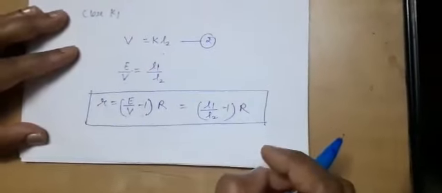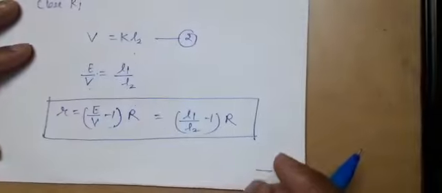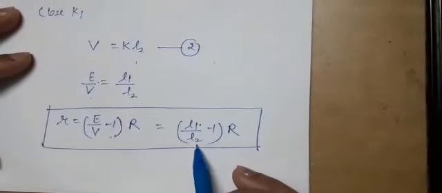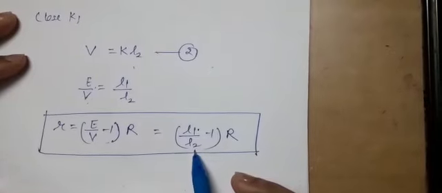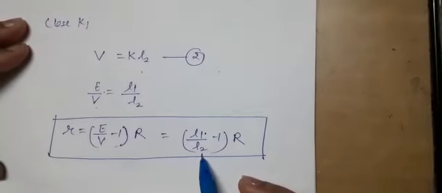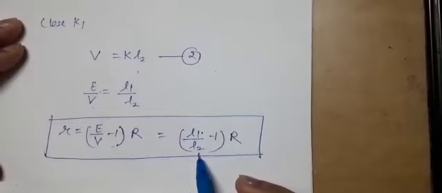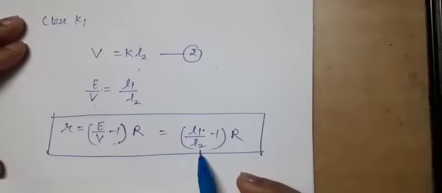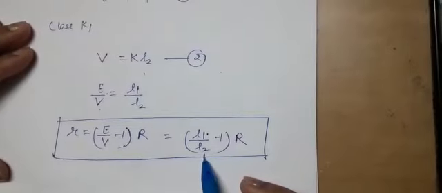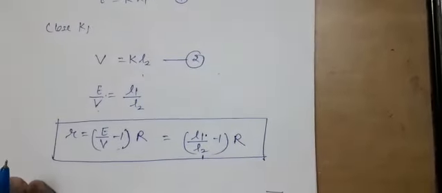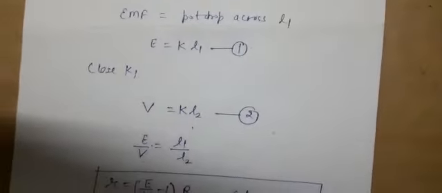So when we are finding the internal resistance of a cell using a potentiometer, the entire result we obtain is in terms of balancing length. Similarly, in the previous application, when you compared the EMF of two cells, again the ratio of EMF was L1 upon L2. So you have to use these formulas directly. These applications are important. Practice its diagram as well as its application as well as its entire proof.